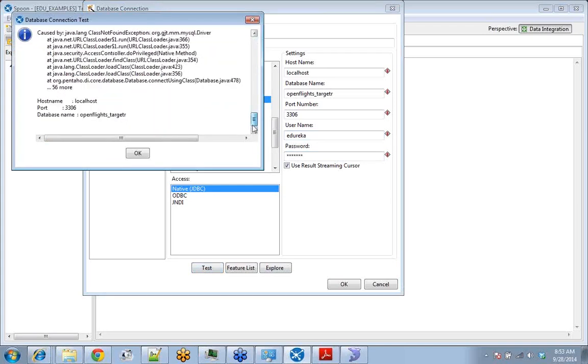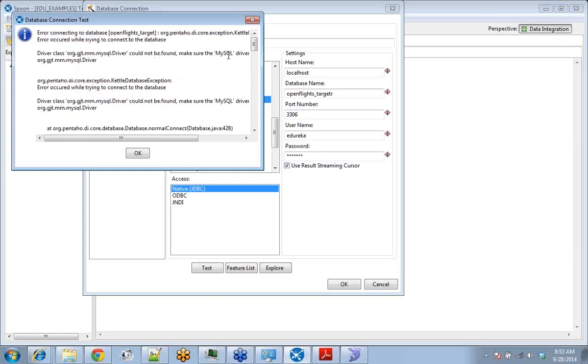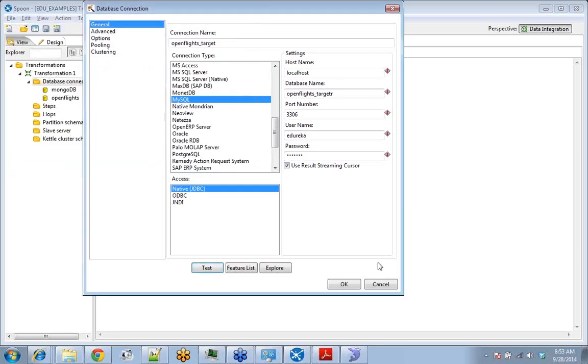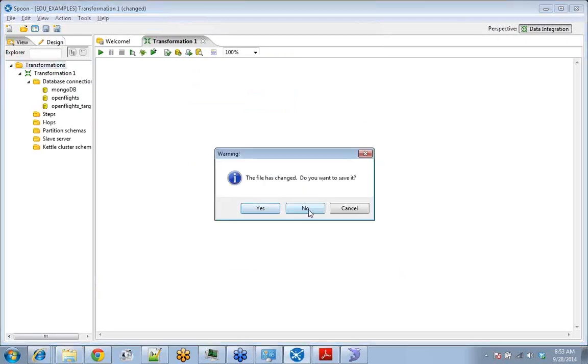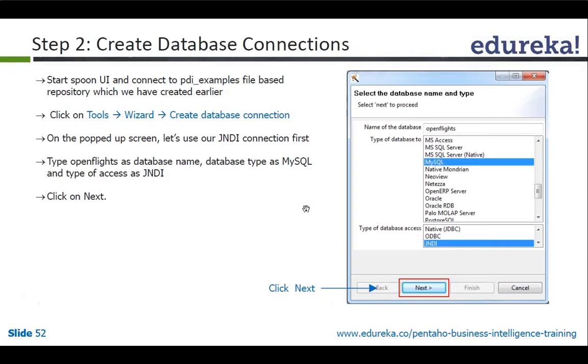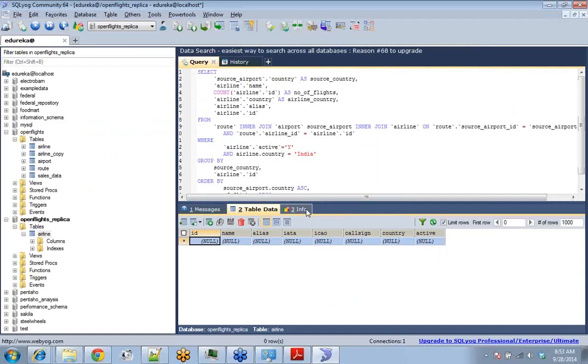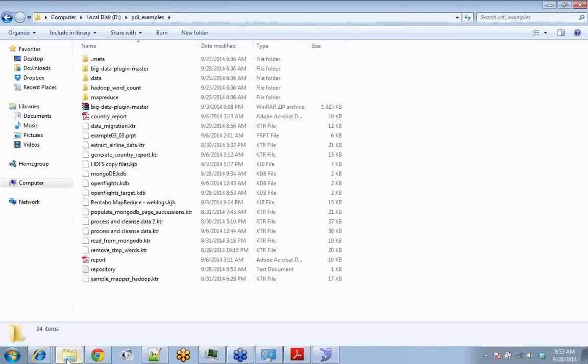Okay, so as expected, we haven't configured the MySQL driver, so it has failed. So I am going to click on OK, so that it will be saved. I will close it. I don't want to save the transformation, so I will click on no,